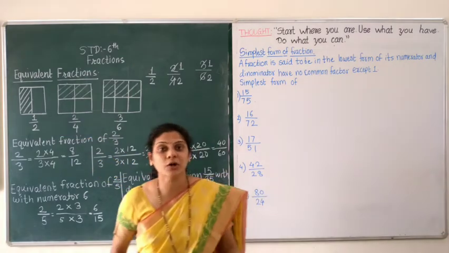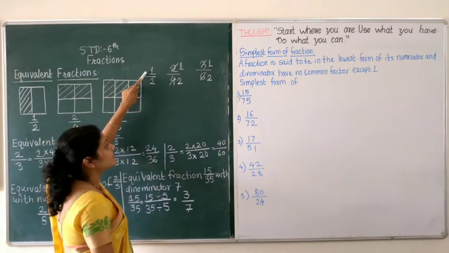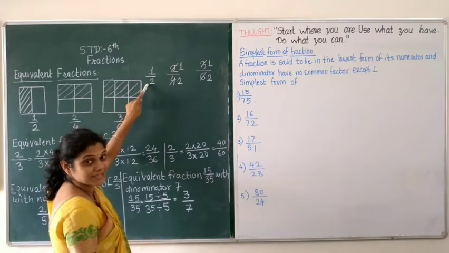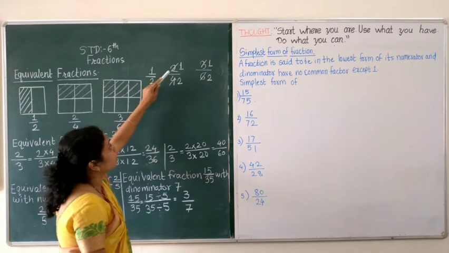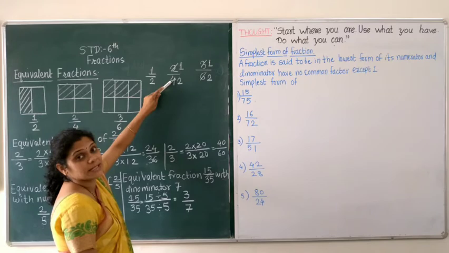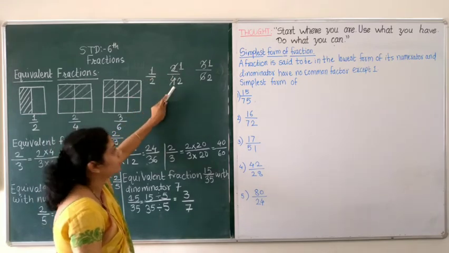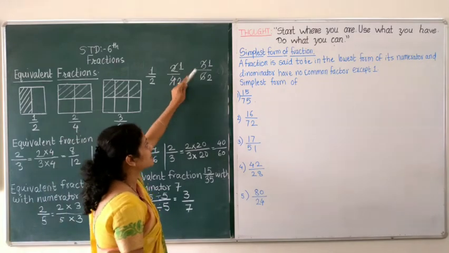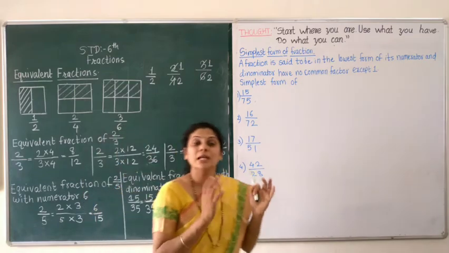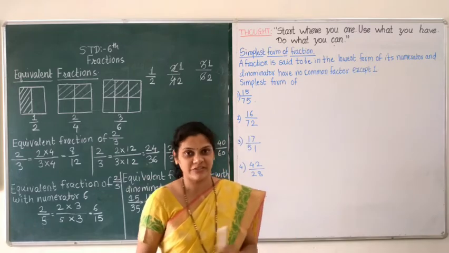So how can I find out the value? Look at here 1 upon 2. 1 comes in the table of only 1 and 2 also comes in the table of only 2. So I cannot divide these numbers with a common number. But what about 2 and 4? 2 comes in the table of 2 and 4 also comes in the table of 2. So 2 ones are 2, 2 twos are 4. So 1 by 2, half. Like that for 3 upon 6, 3 ones are 3, 3 twos are 6. So again we get here half. So the value is the same but the representation in the form of a fraction is different.